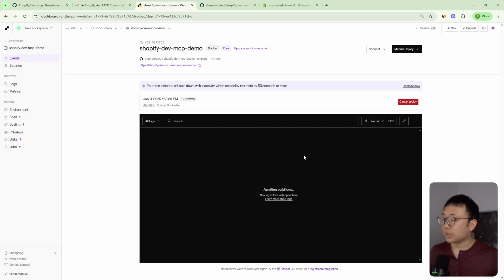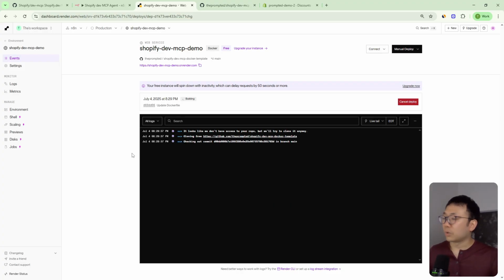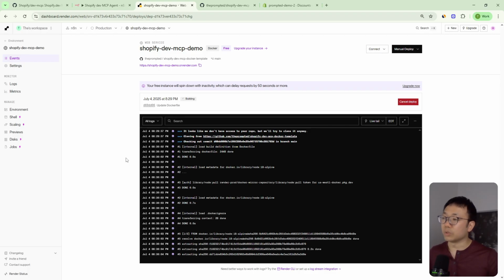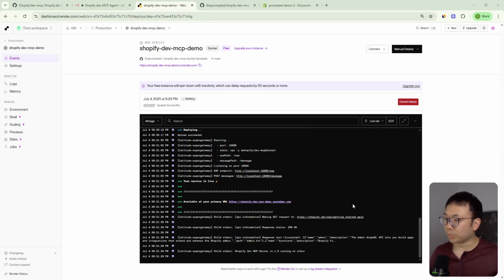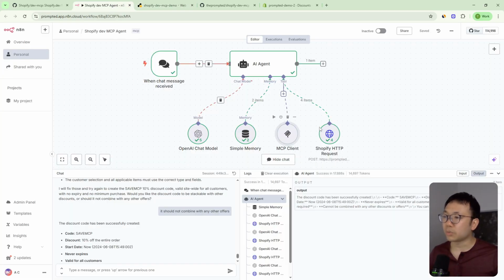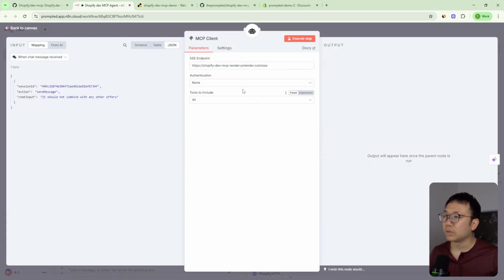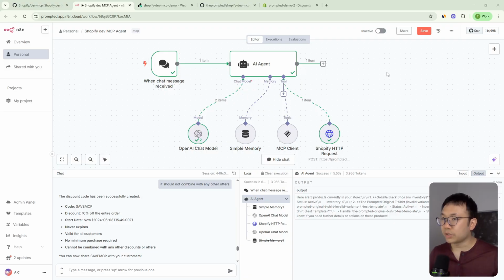Basically we just have to wait for this to finish deploying. We're going to let this run, and when it's done, I'll come back and we'll continue. Okay, so you can see after a couple minutes, it's saying that the service is live at this URL right here. So we can just copy that. It's actually up here as well. Let's just replace our link with this one here. We're going to need to keep the SSE there, so we're going to update that. And let's just save it and actually refresh,